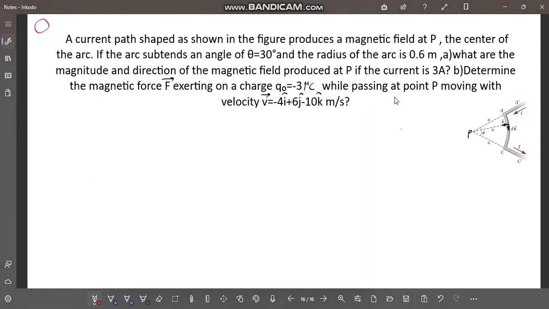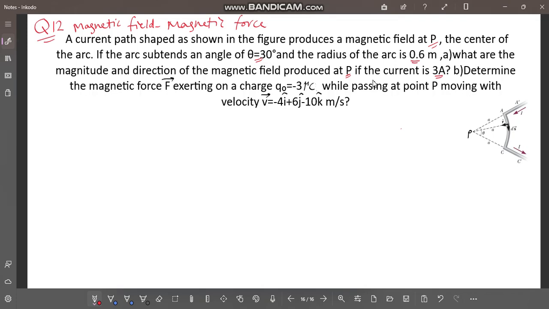Hello guys, question number 12 is about magnetic field, magnetic force. The question states that a current path shaped as shown in the figure produces a magnetic field at P, the center of the arc. If the arc subtends an angle theta of 30 degrees and the radius of the arc is 0.6 meter, what are the magnitude and direction of the magnetic field produced at P if the current is 3 ampere,